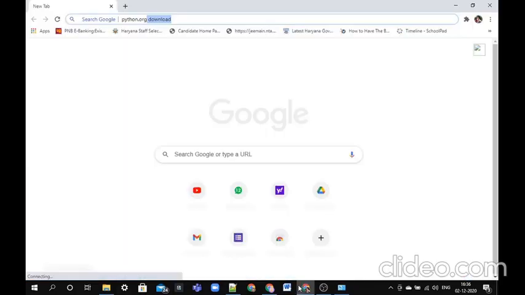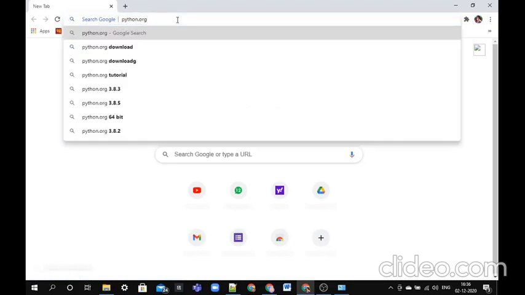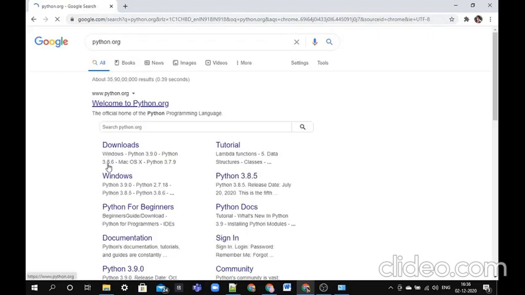Open the browser and type python.org download, just the python.org site, and download Windows Python.